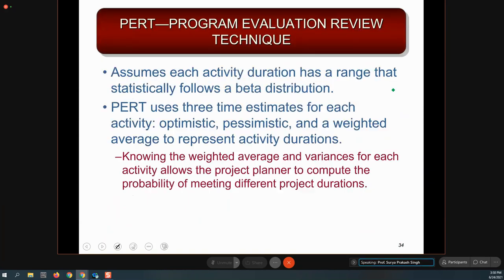Okay, so the project evaluation review technique part, they actually try to capture those uncertainty using some formula, using some statistical relation, and try to address those uncertainty in some way, so that they can say that okay, we have captured uncertainty, and if we plan the scheduling of the project, it may happen that lot of uncertainty which we have already thought of, if it comes in on our way, we are able to manage that.